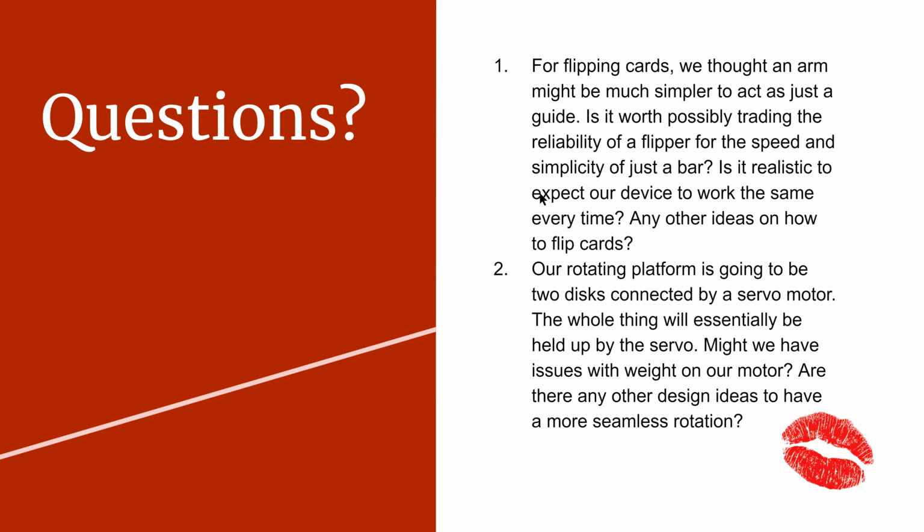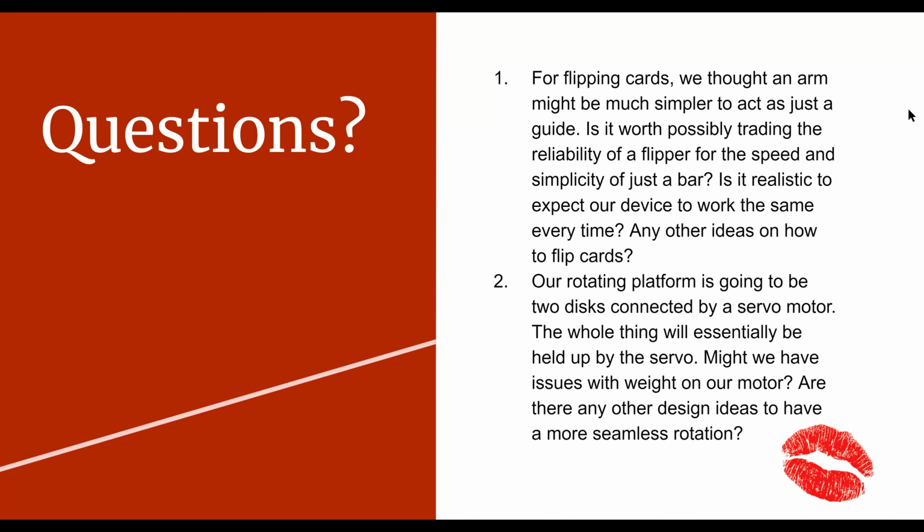Finally, some questions for you guys. Main thing that we've been thinking about recently is the flipping of the cards, as we mentioned earlier. It would be a lot simpler to have just one arm that acts as almost a backboard to flip the cards over. But we wanted to get some people's opinions as to whether that trade-off is worth the reliability of what a flipper would have. Of course, the bar itself would give a little bit more speed and simplicity, so it might be better overall for us